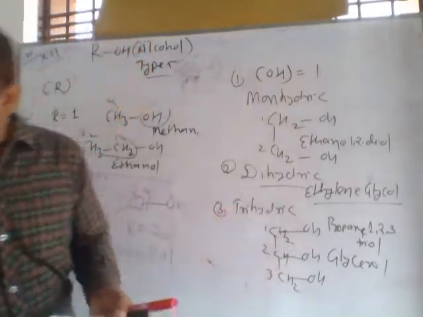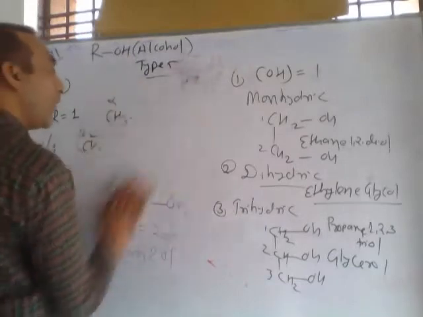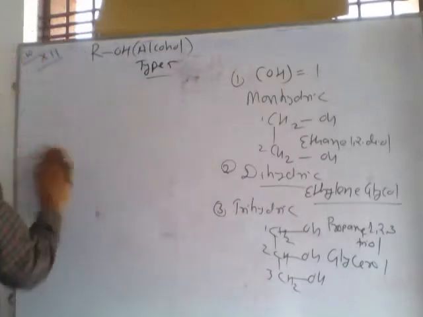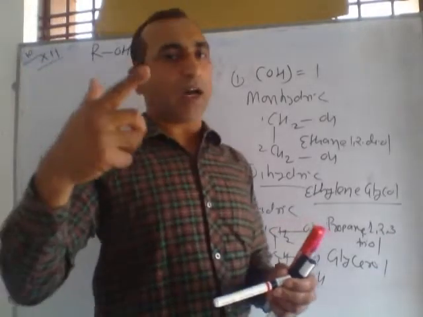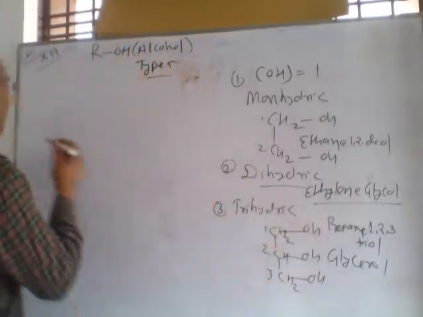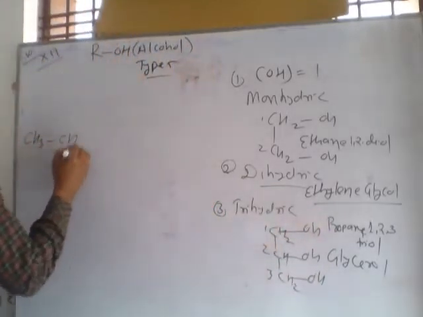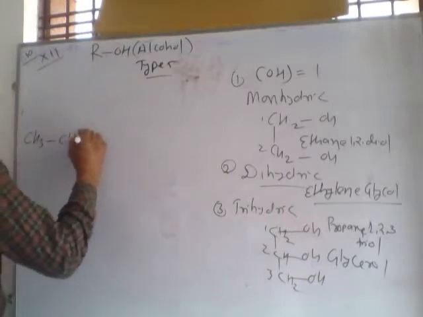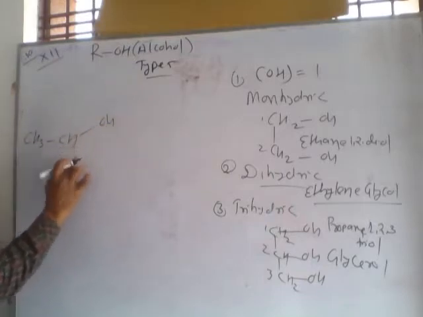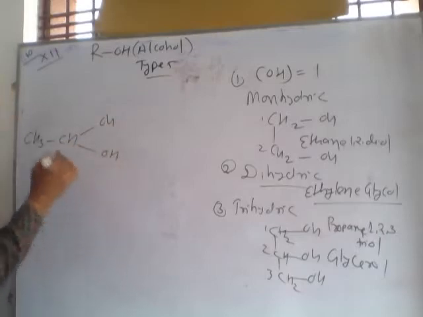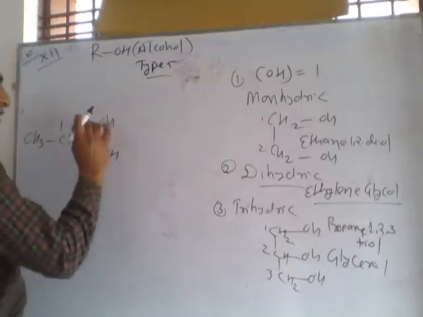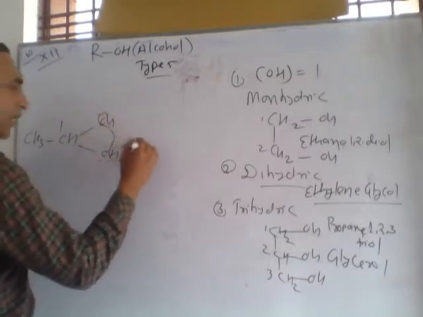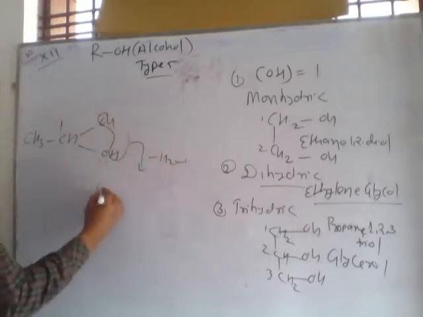But remember, in the case of dihydric and trihydric, we should write the OH groups on different carbon atoms, not on the same carbon. Listen, this is CH3CH2CH2OH. This is monohydric. If we want to write dihydric and these 2 OH groups are joined on the same carbon, it is an unstable compound due to lone pair repulsion. A water molecule easily removes from here, and after removal of the water molecule, this compound converts into